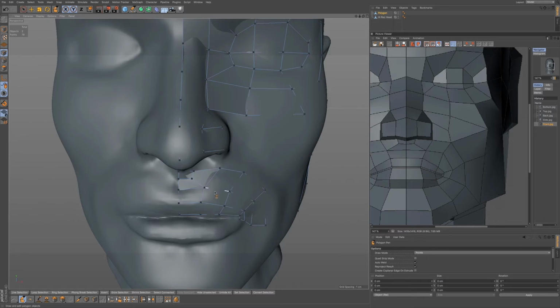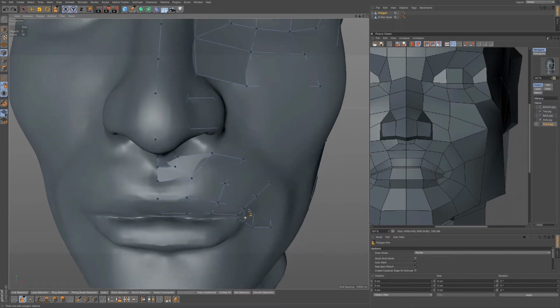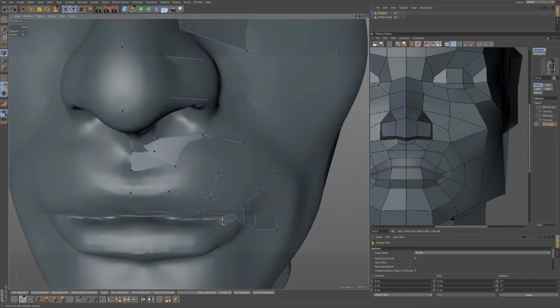It's really just understanding the process of how we go about making these topologies, making these loops. So it's really just a loop around the mouth and the eyes,